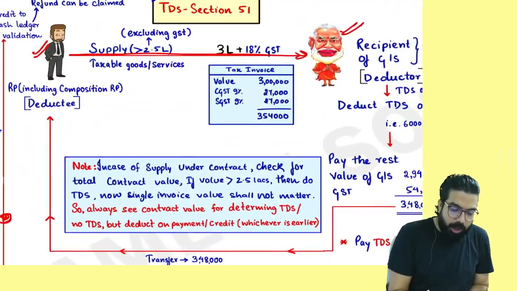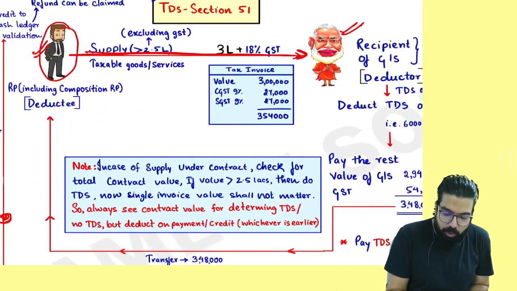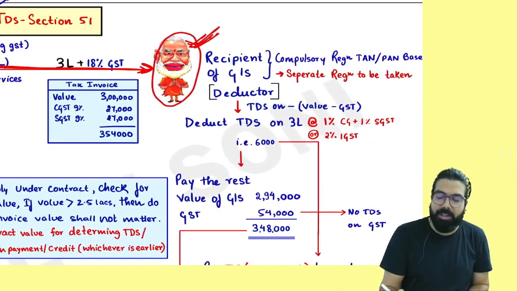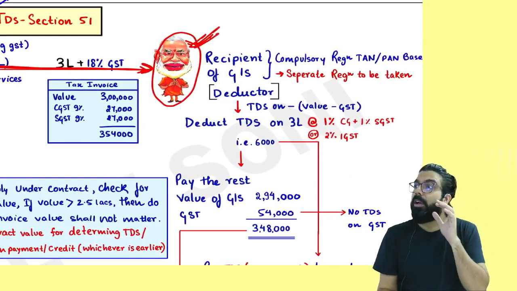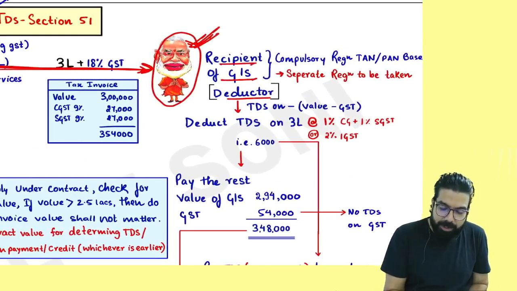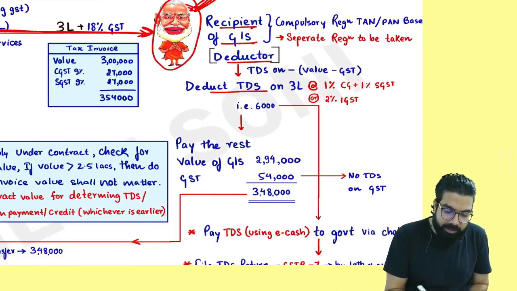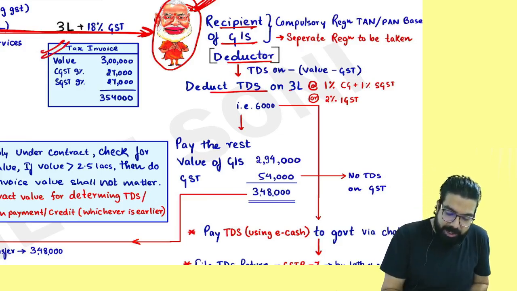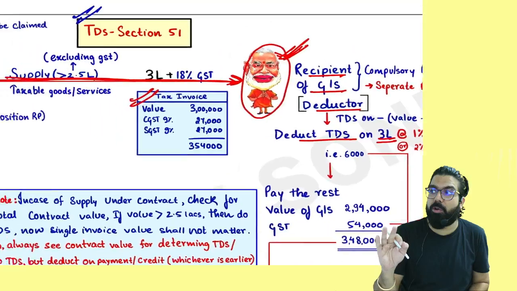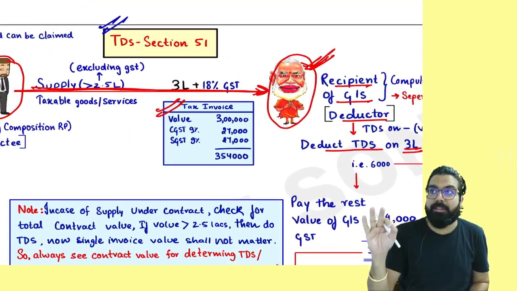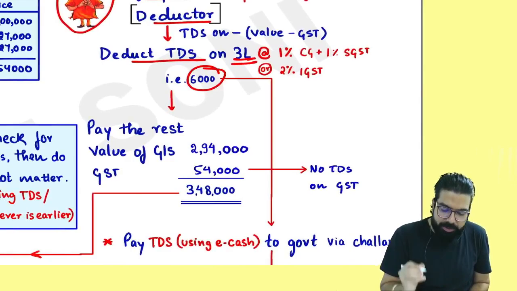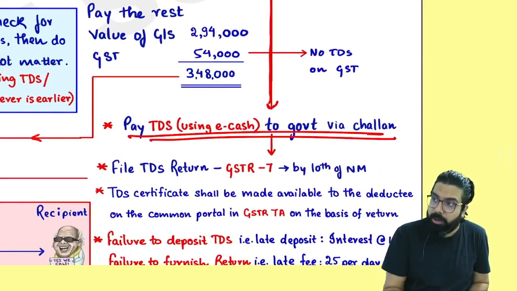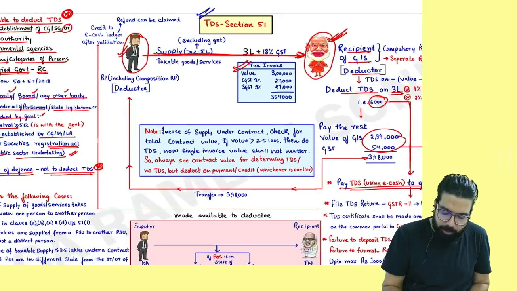Now listen. So whenever one person will go ahead and supply to whom? The government department, local authority, etc. Government department, local authority being the recipient have to go ahead and deduct what? TDS. For that, being the recipient, they are deductor and they will deduct TDS. Supposing the invoice is 3 lakh rupees plus GST over here, they will deduct only on 3 lakh rupees. They will not go ahead and deduct on what? The GST amount. Now, the TDS amount which is deducted, they will go ahead and pay it to the government. Okay, everyone? But the remaining amount's payment will be done to you.